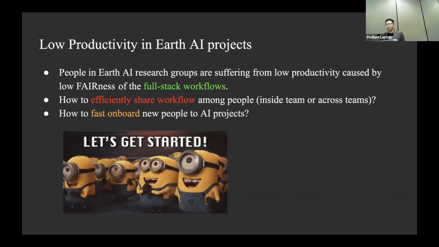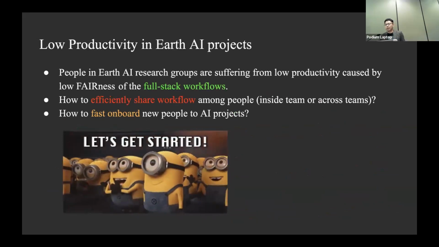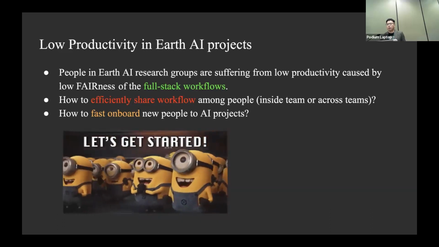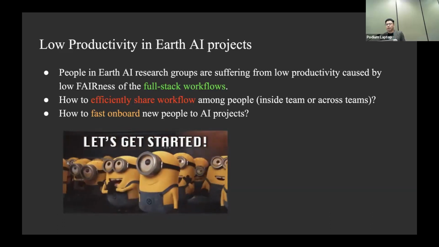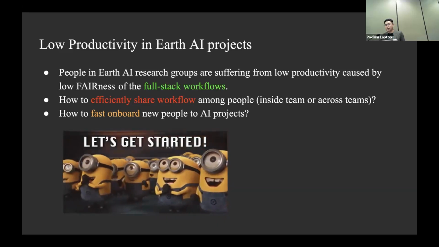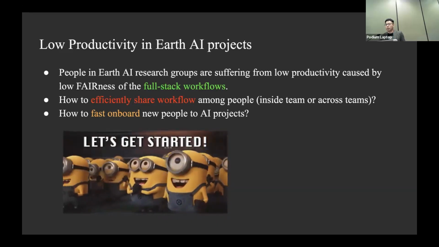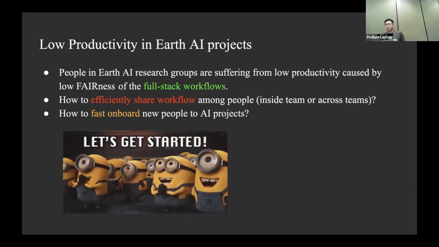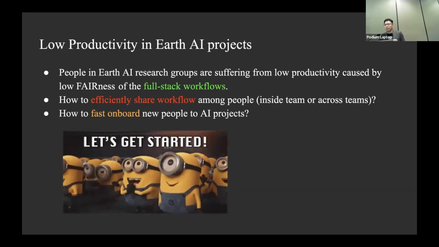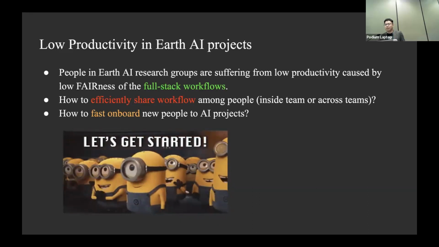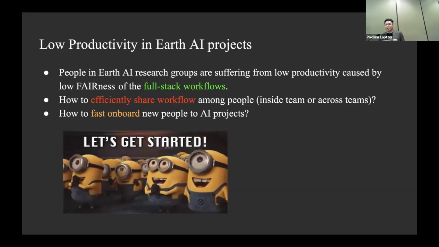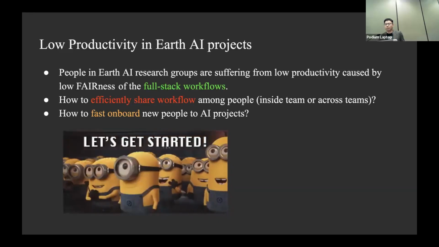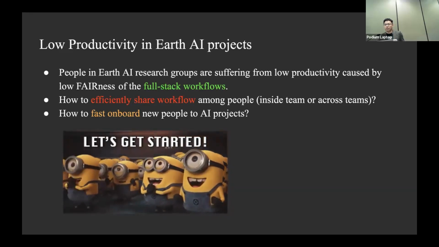Because in the industry, the people in a company have access to the whole code base, but we are probably sharing only a part of it. How you got the AI-ready data or the training data, where it came from, and what process you used is normally partly missing. It's not because people don't want to share. It's just that when you are doing experiments, the habit is that I usually create a lot of notebooks, and I myself have no idea which one is the final version.